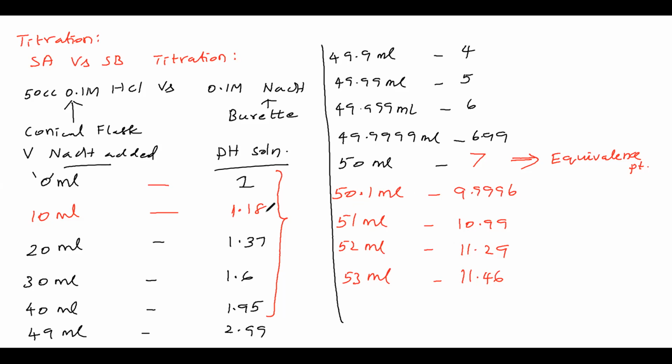So how the pH changes in the titration, we have an idea. Now, which acid base indicator is suitable for this titration, that we have to see. Why do we have to use an acid base indicator? The indicator will indicate the equivalence point. For that sake only we are using an acid base indicator.